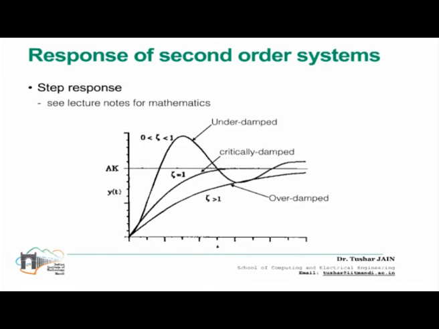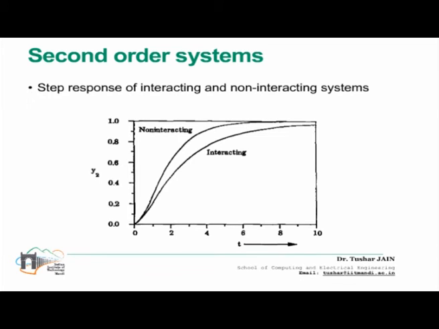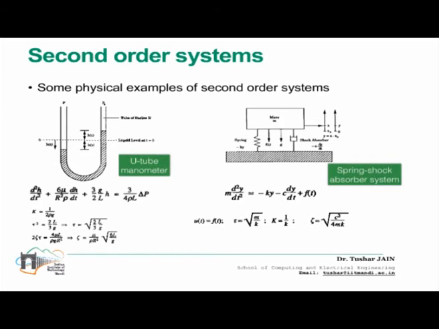Before proceeding towards seeing the characteristics of the underdamped response, these are some of the physical examples of the second order system, where in one case, for what we have derived, we analyze the two tanks in series, either interacting or non-interacting. Some of the examples are if you start analyzing the U-tube manometer, and I think basically what we have done as one of the problems is the differential equation of the U-tube manometer. And another example is the spring shock absorber system, which you basically find in motor cars. So all these systems are second order systems.